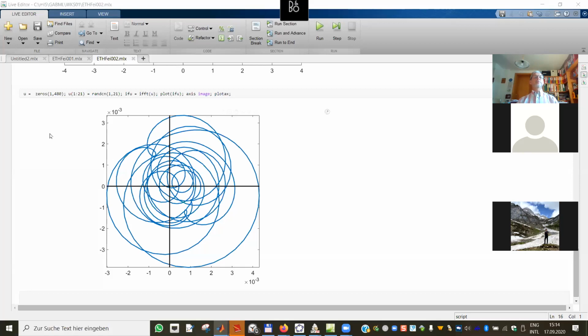So here you see how to create a periodic function on the unit roots of order 480, starting with the zero vectors and making a random choice of coefficients on the Fourier transform side. So remember, when I use 21 coefficients, they start from 0 to maximal frequency 20. So that would be a cosine and sine with 20 full oscillations sampled fine enough so that you still can